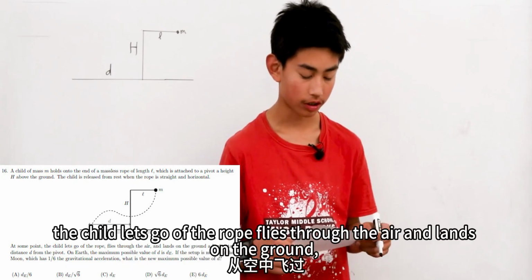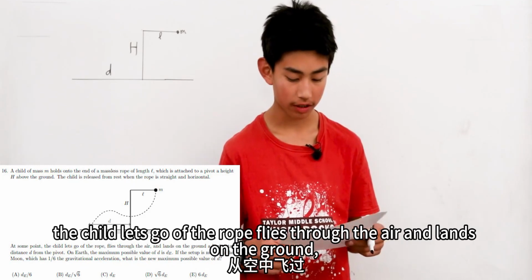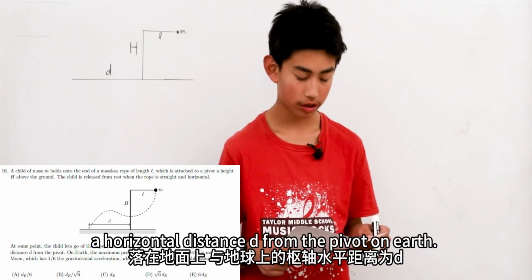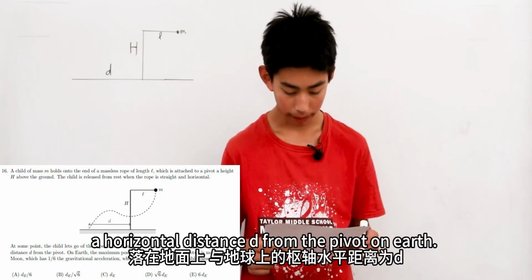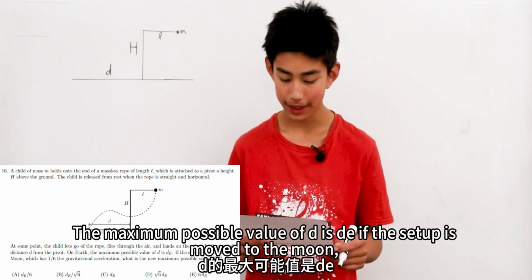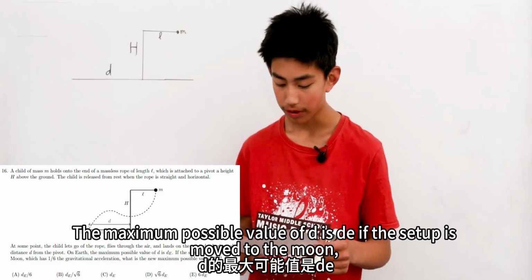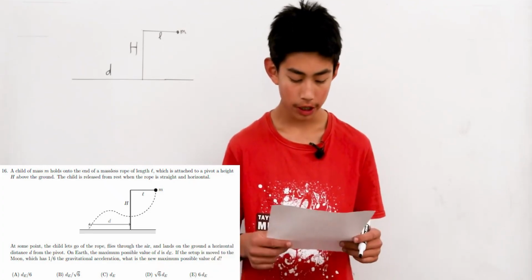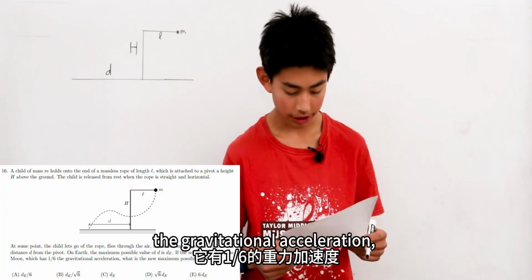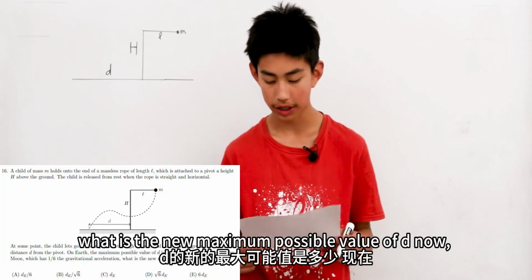At some point, the child lets go of the rope, flies through the air, and lands on the ground a horizontal distance d from the pivot. On Earth, the maximum possible value of d is dE. If the setup is moved to the moon, which has 1/6 the gravitational acceleration, what is the new maximum possible